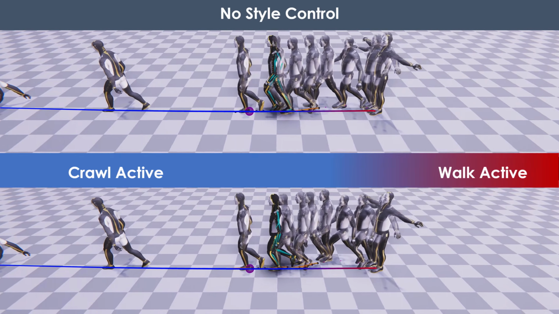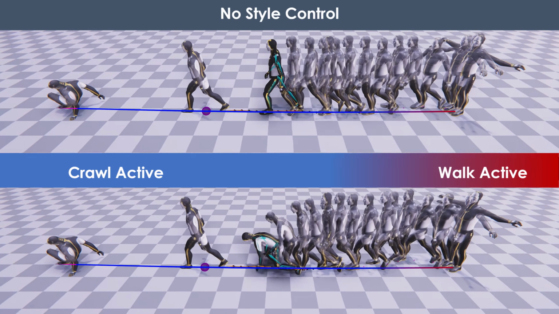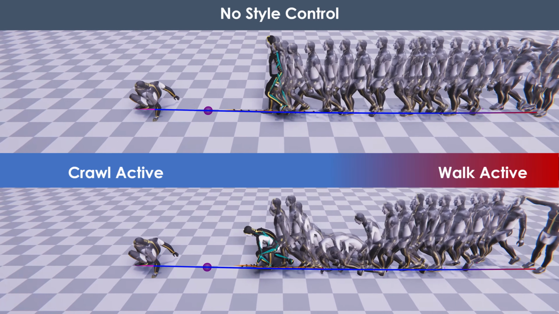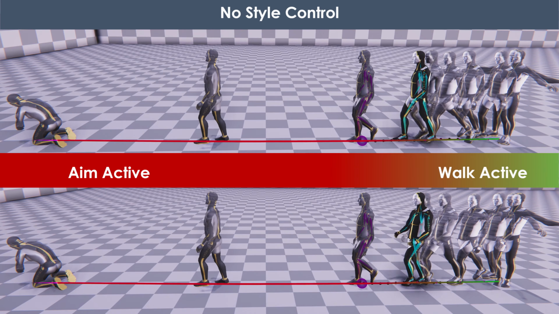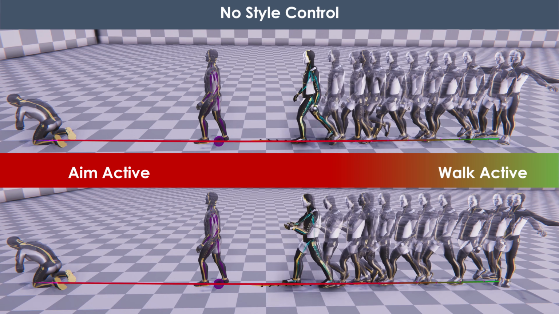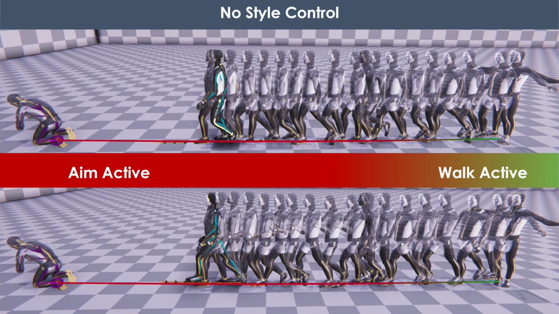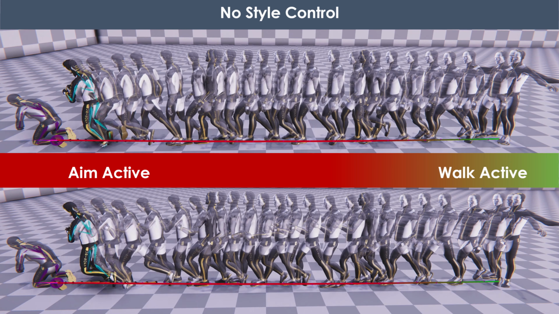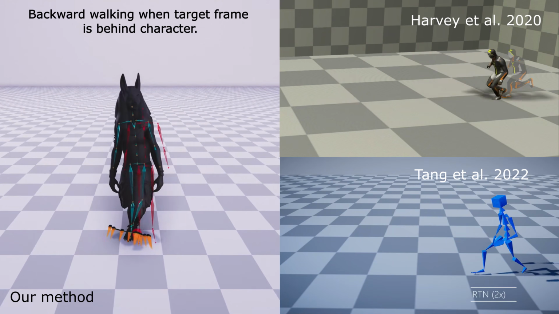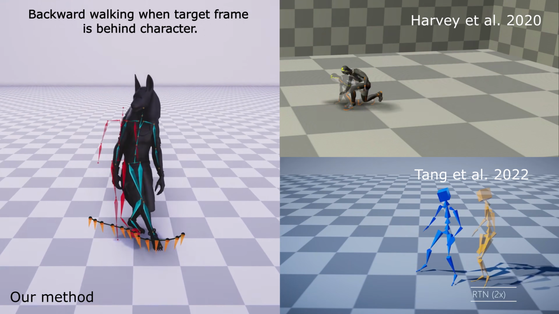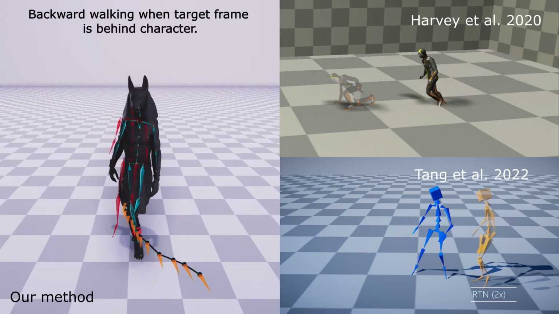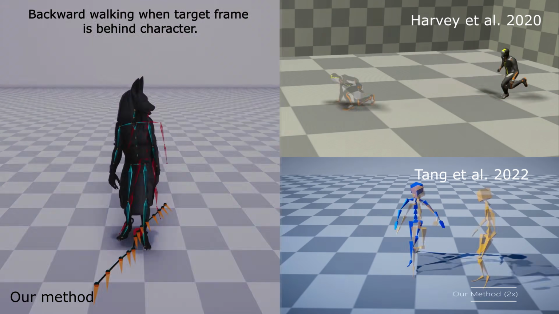For many applications, it can be desirable to control the style of the motion for the in-between frames. We can control which style the neural network should generate while reaching the target pose. While RTN tends to drift towards the target, our system can produce realistic movements and transitions for actions whose dataset is not affluent, such as backward walking and sidestepping.